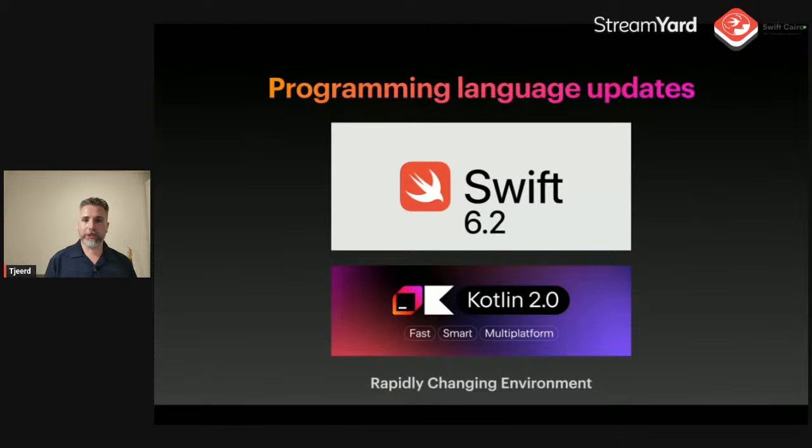And then we have the programming language updates too. That's Apple saying, cool, look, we got async await, we got these cool new features. That's all cool, but they do turn into warnings and errors in your project. So you have to update and you have to learn new things. You can't just be a backend developer that uses PHP for 20 years. No, you have to update. You have to stay up to date. And it's not a bad thing to be up to date all the time. I think that's important to do.